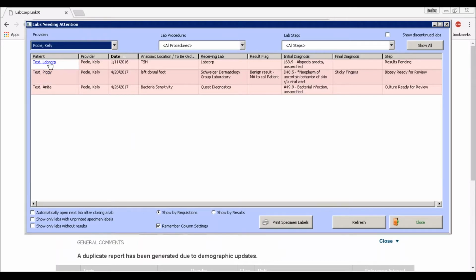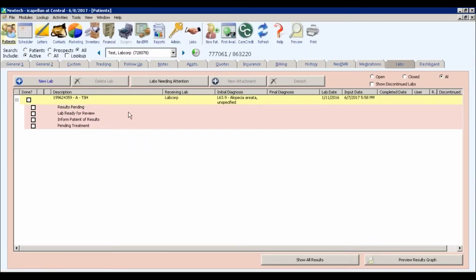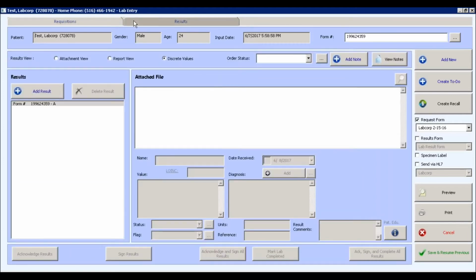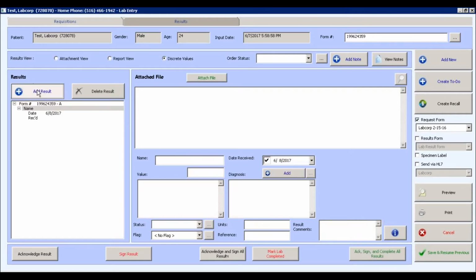Be sure to enter the patient's account by clicking on the patient's name from your labs list. Once you've identified the lab, you'll right-click to open it, which will show you the requisition. Enter the Results tab, and be sure you're looking at the Discrete Values view. That will allow you to click on this Add Results button, which will then allow you to attach a file to this lab. I'll select to attach a new file,